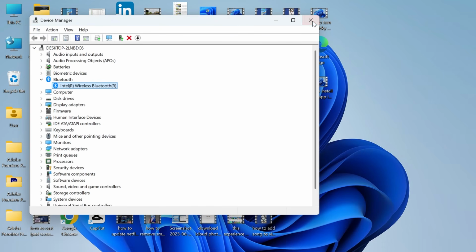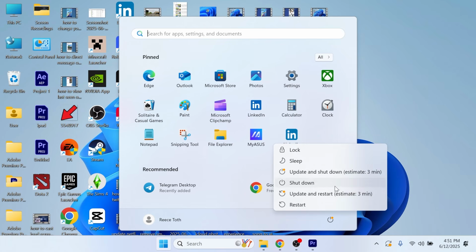directly from here. Once you've installed your new driver, you will need to restart your computer, and that's how you